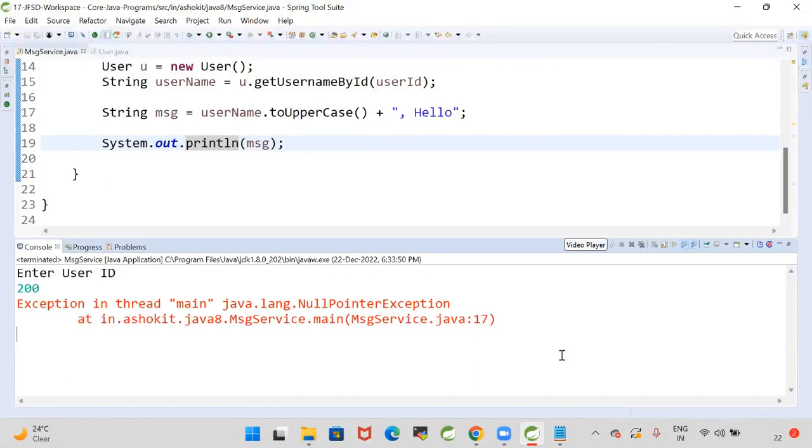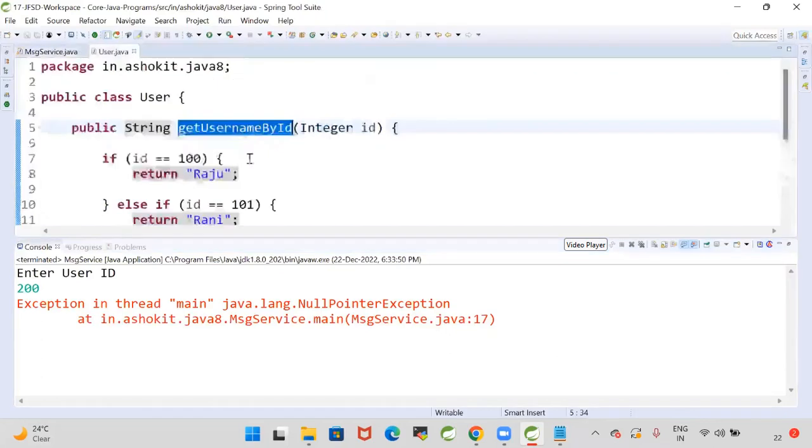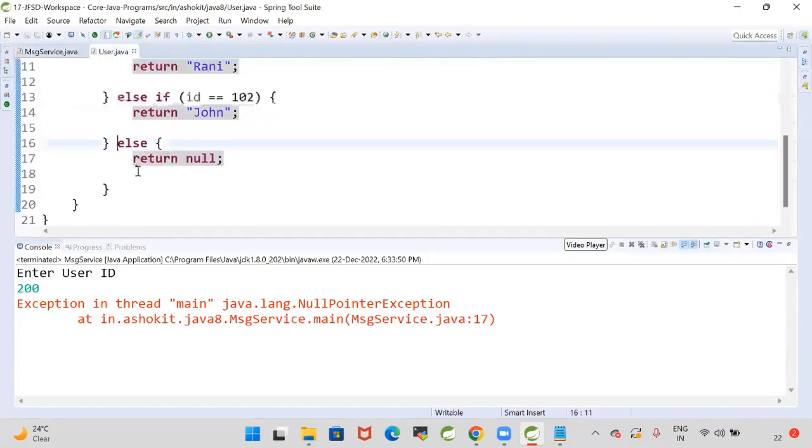Can you guys tell me why we are getting this null pointer exception? When I give the user ID as 200, this method checks the conditions. First condition not satisfied, second condition not satisfied, third condition not satisfied. Then it is returning a null value. When I get the username as null and call dot toUpperCase,